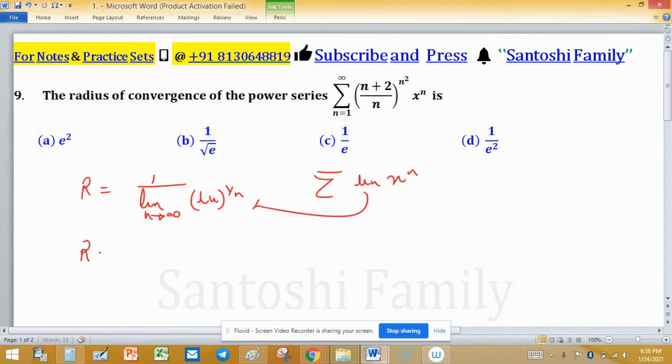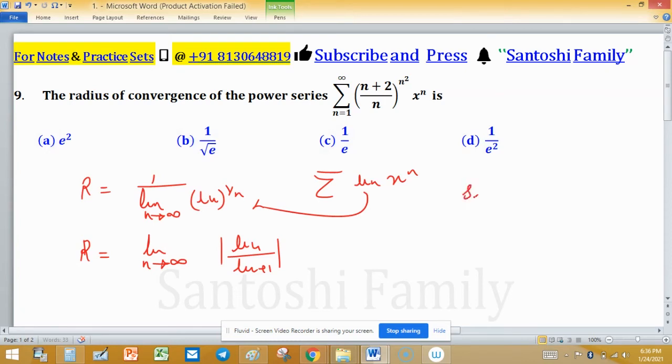And the second one is R equal to limit n tends to infinity mod of u_n upon u_{n+1}. I took mod because sometimes it may happen that the series has negative terms, so for convenience in finding the radius, mod is taken. Sometimes we test